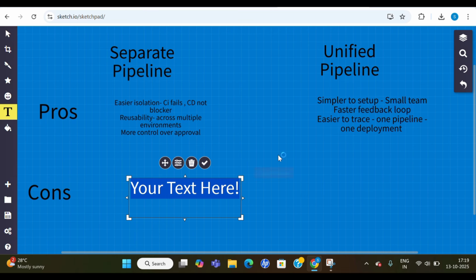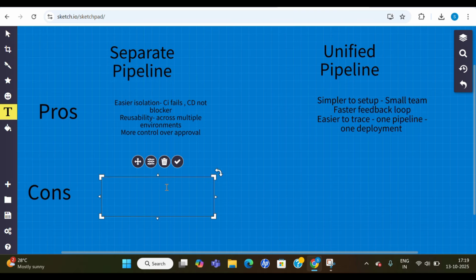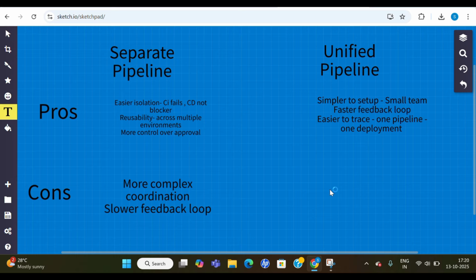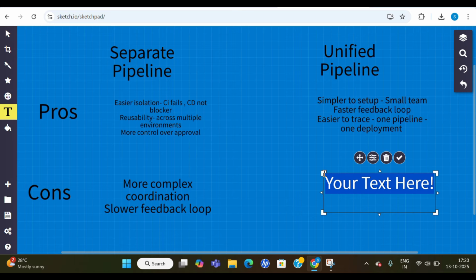The cons for separate pipelines are more complex coordination, because we have to see that when CI has run successfully, then CD has to be run and the input should be correct, the same artifact that we got built, so that coordination is required. The second thing is a slower feedback loop. I've already explained this: of course the feedback that we'll get after deployment will be slower, which is faster in a unified pipeline. Now, these were only the cons for the separate pipelines. Now the unified pipeline cons are